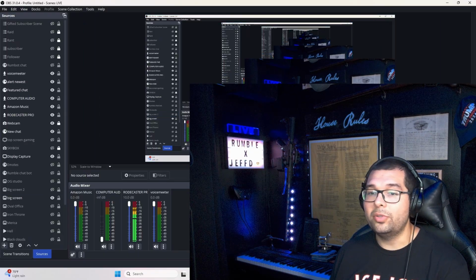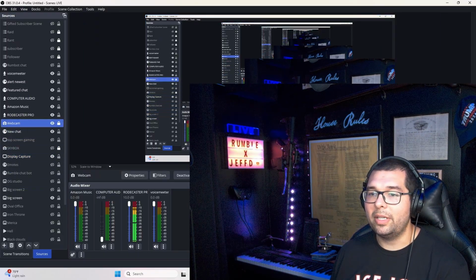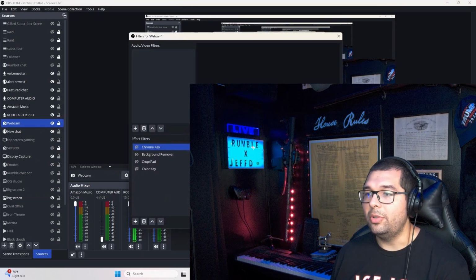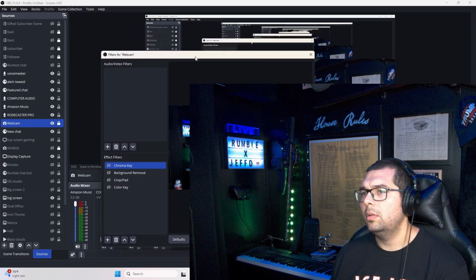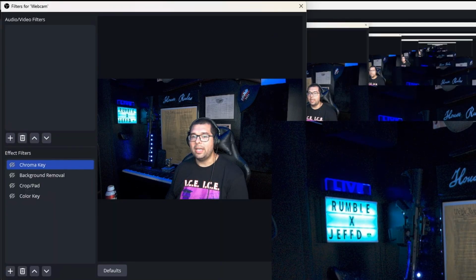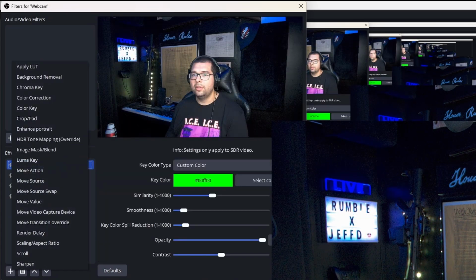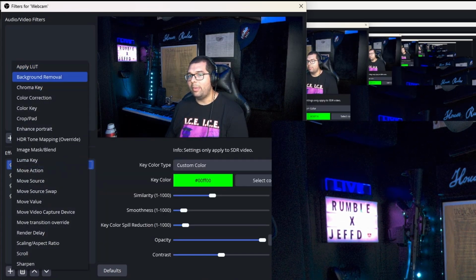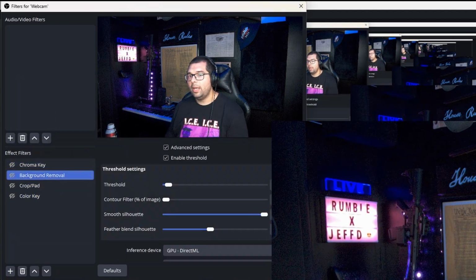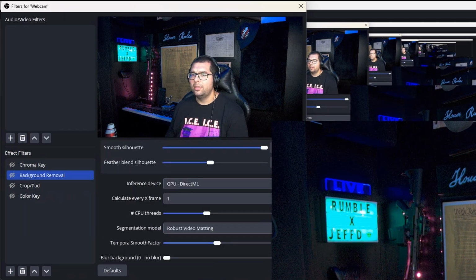If I go over to the webcam, click here, go over to filters, then what I'm going to be doing is hitting the plus for effect filters, adding the background removal filter. And once you have that, you have all of these different settings, which you can play with. It shows how many threads you're using from the CPU. You have a